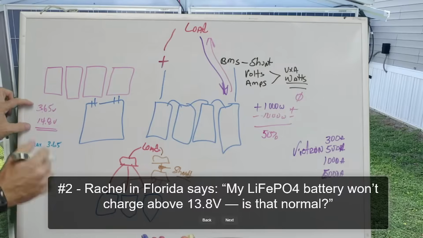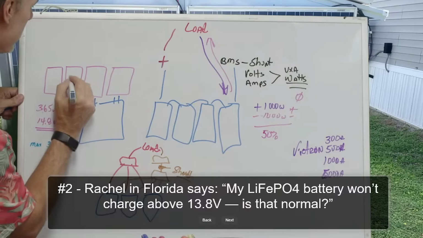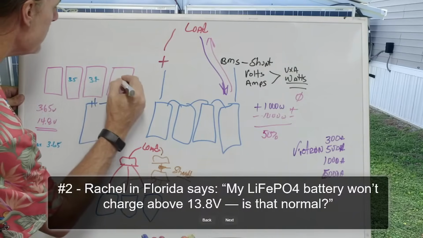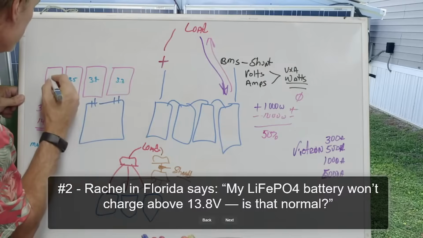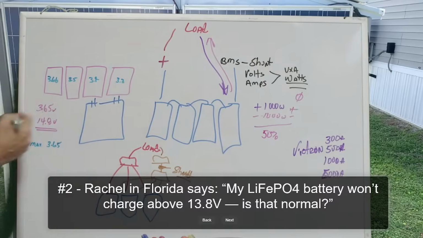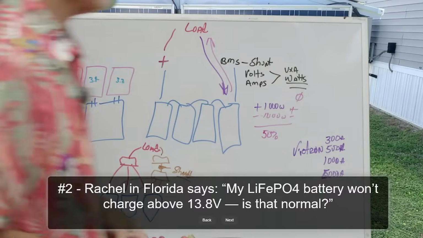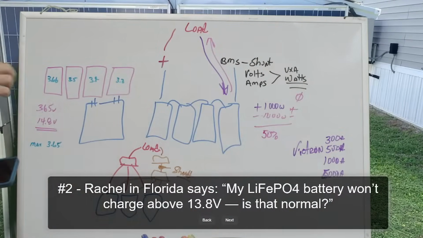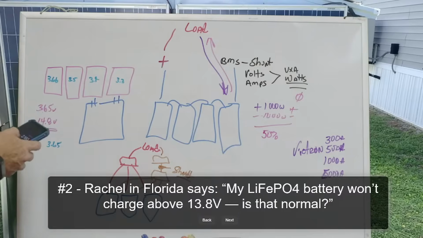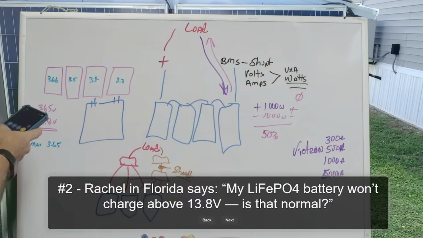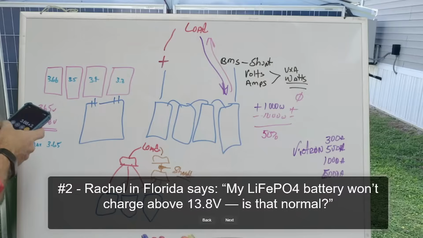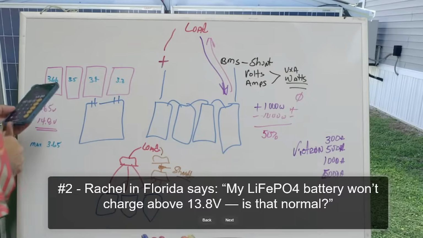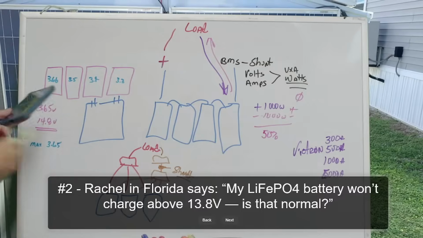And that means that if any one cell, let's say this cell here is 3.5 and this one is 3.4 and this one is 3.3 and this one hits 3.66, what is going to happen is that this BMS is going to stop charging to this battery. Now, I'm guessing at approximate voltages here, but if I add these up, pardon me while I use a calculator, we end up with 13.86, that was pretty close,